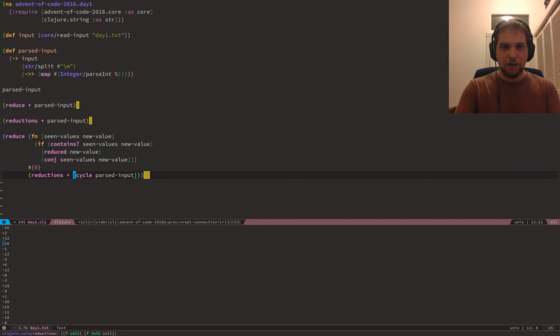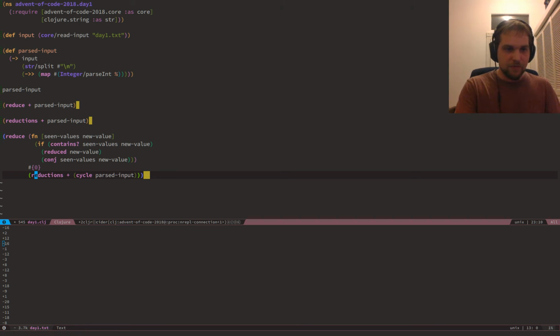So, first of all, we have to figure out how to get it to cycle over and over and over. Clojure gives us a fantastic tool for that. Just cycle that list. It'll repeat infinitely until you tell it to stop. Reductions is like reduce, where we took those two numbers over and over, add. Except instead of just giving us the final result, it gives us intermediate results. So it says, here's the first number alone, the first two numbers, the first three numbers, etc. So it shows you the incremental steps along the way, and that ends up showing up a lot in a lot of these problems.